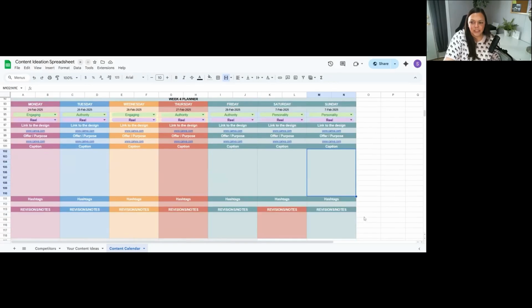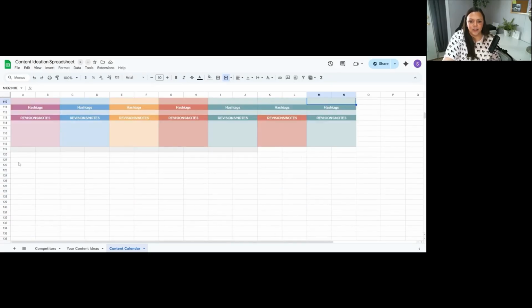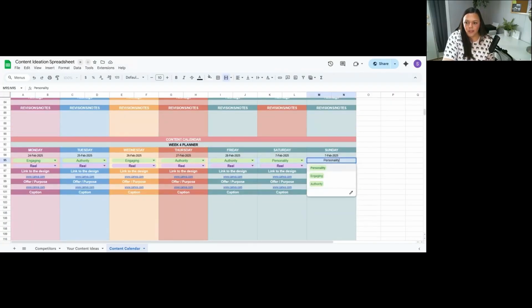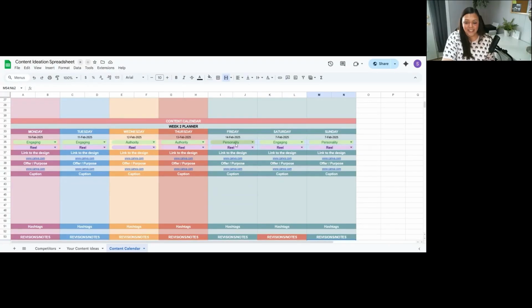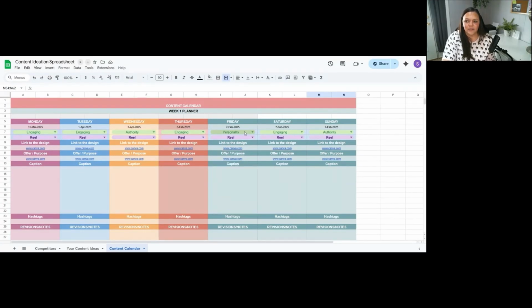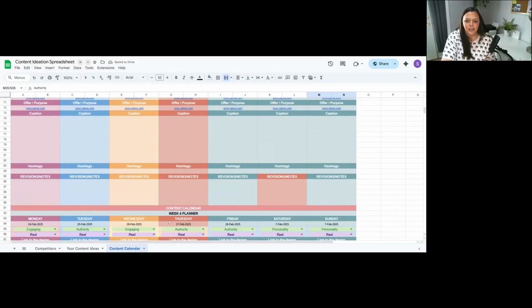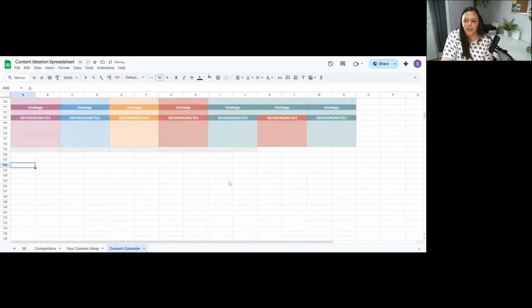So again, we're still missing 2. So I will just note down here that we have 1 authority that is being left out, and then we needed 6 personality. So right after that, we've got 1, 2, 5, 6, 7. So honestly, we have got too many. So instead of having 2 personality this week, I am just going to change this one to authority because we're missing an authority one, right? Okay, so we'll remove that. Again, I'm gonna count them up again.